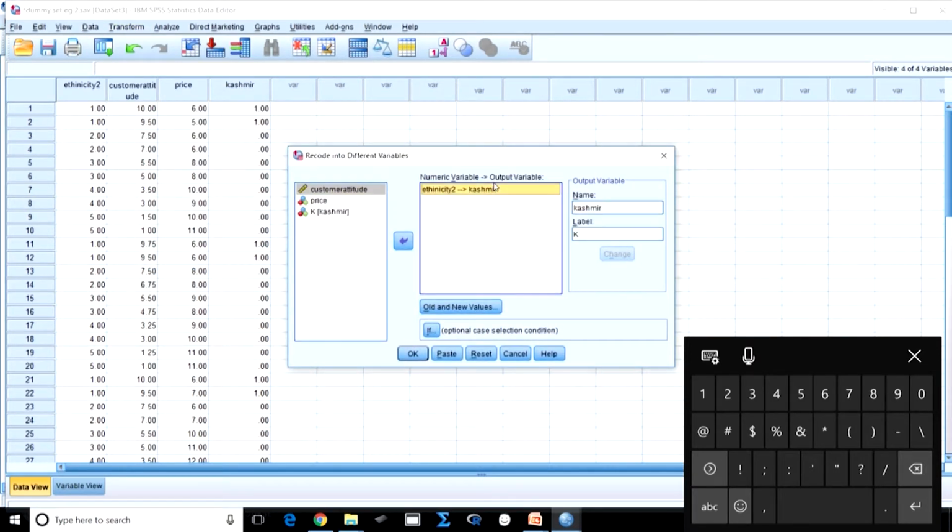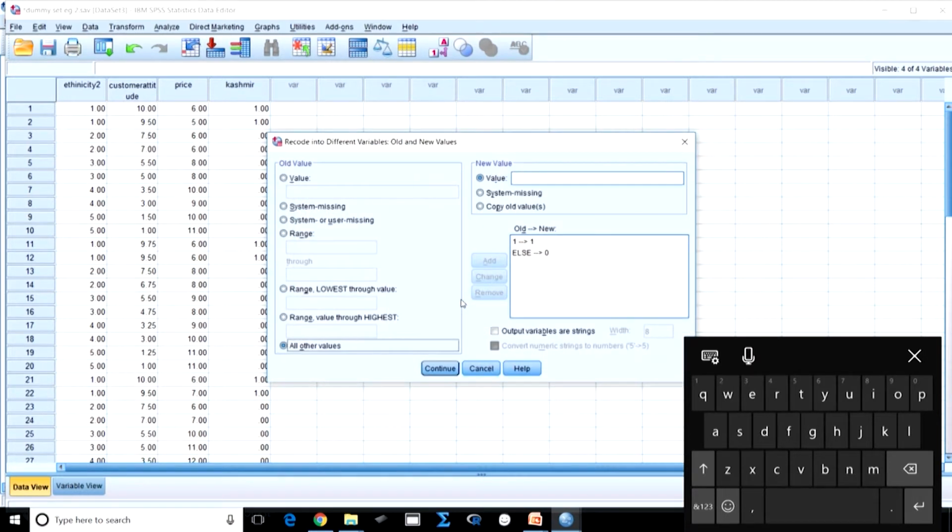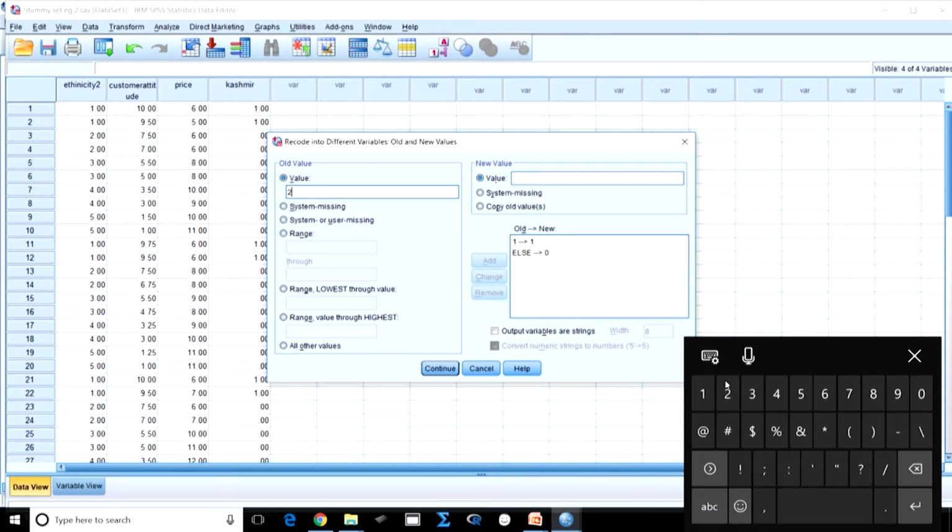So, here I will change it to Bengal, and I will mark it as B. Bengal was 2, right. So, here I am changing old and new values. The old value is 2 and the new value is 1, add.